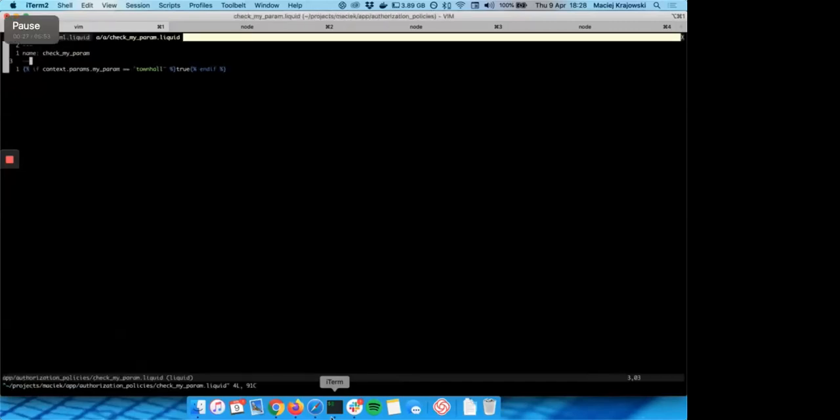And this is how currently the authorization policy looks. So it has the name, check my param, and then some liquid content. The problem with setting a name is that most of the time it duplicates the file name. So it's easy to make a typo, or even worse, if you just change it completely to something else like a misleading name, and of course you have to make a corresponding change to the page, then the problem arises that if another developer wants to edit your code and they want to quickly check what the misleading name authorization policy is doing,